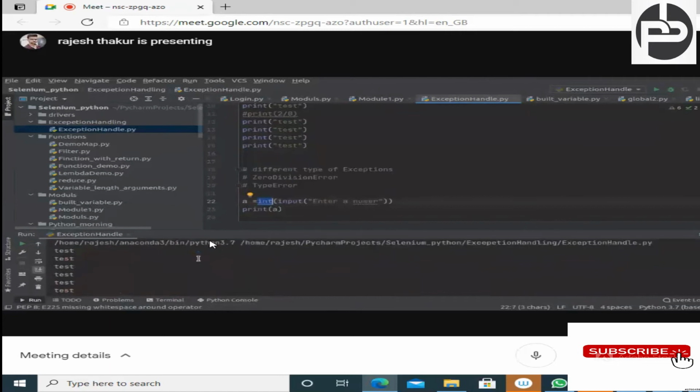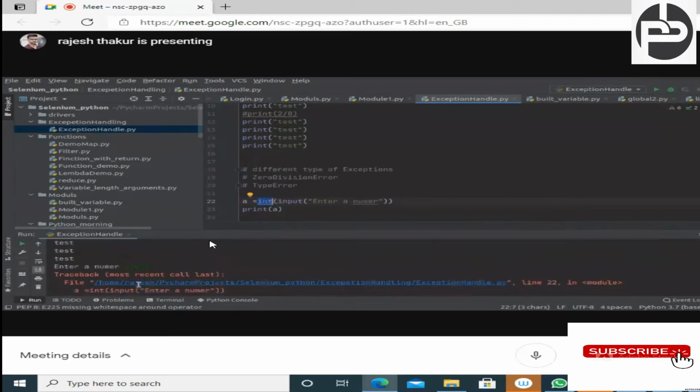Again, the user can pass anything, right? The user doesn't know. The user might be a tier 3 person, who doesn't know what a number is, what a string, what a float, or what a character is. So as a programmer, we should take care of all those things and handle them. With the user's mistake, our remaining code should not be affected. So whenever this kind of error comes, we have to take care of it. Next, value error we have already talked about.